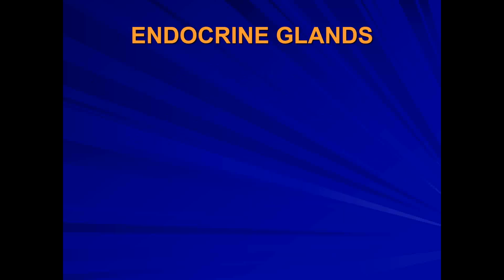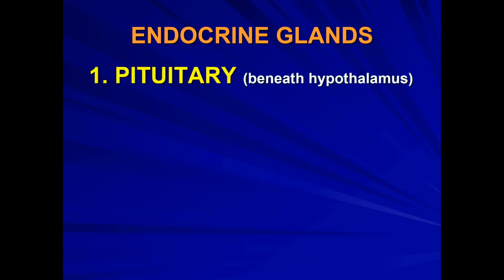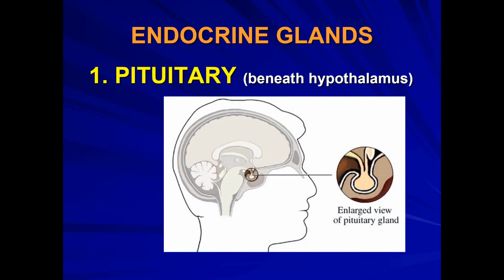Okay, let's look at the glands. We're going to make a list. The first of these is the pituitary gland. The pituitary gland is located in the brain beneath the hypothalamus. If you recall, when we looked at the brain in cross-section and did the anatomy, the hypothalamus was part of the chicken head, and we had the eye of the chicken, and the hypothalamus specifically was the beak of the chicken. So dangling or hanging beneath the hypothalamus, beneath the entire brain, is the pituitary gland.